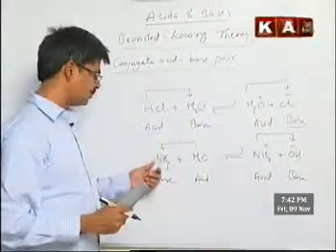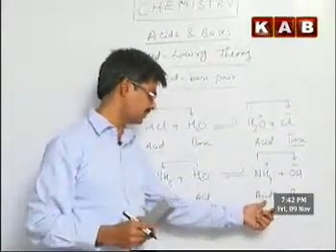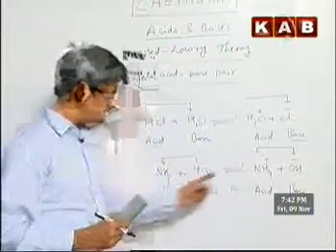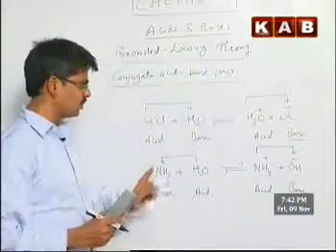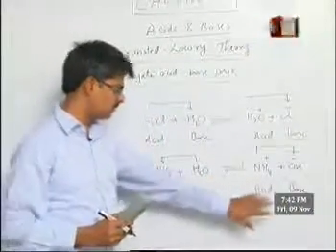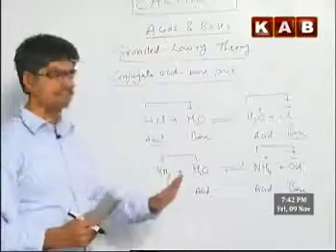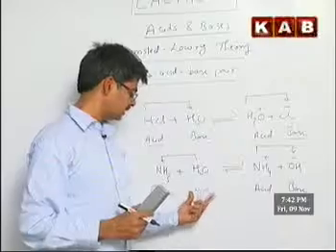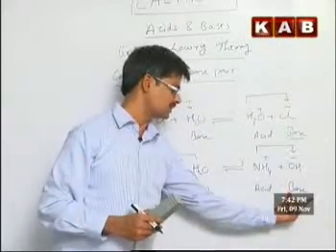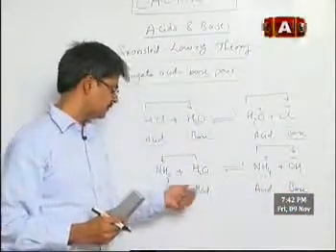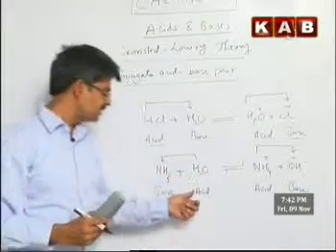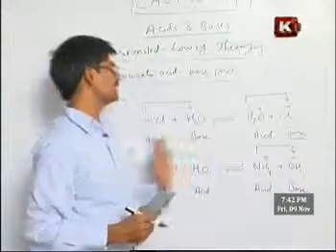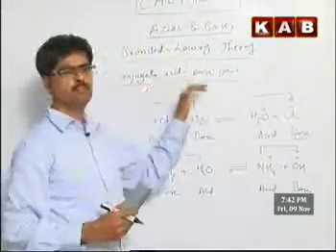Now when you take ammonia and ammonium ion, ammonium ion is the acid and ammonia is the base. If you see the difference between these two, we have only one proton. Therefore, ammonium ion and ammonia are considered to be one conjugate acid base pair. Similarly, water, which is an acid, and OH minus, which is a base, also differ by one proton. Therefore, this pair is also considered a conjugate acid base pair. This is regarding the meaning of conjugate acid base pair.